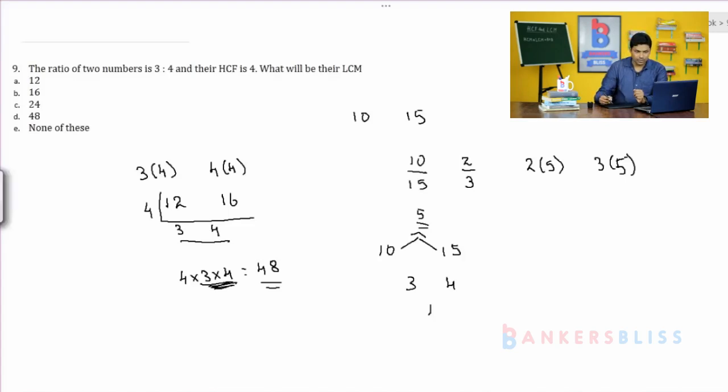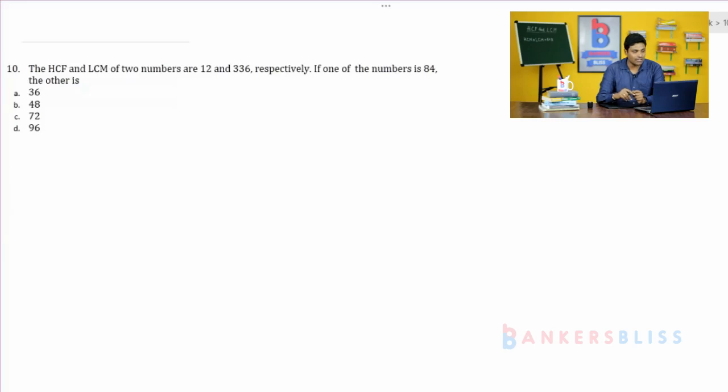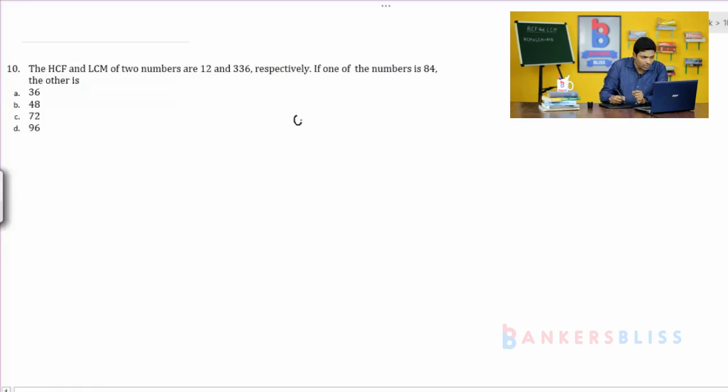Problem number 10. The HCF and LCM of two numbers are 12 and 336. If one of the numbers is 84, the other is. So, here they have given the HCF, the LCM as well as one of the numbers. We have to calculate the other number. In the introduction itself, we have discussed there is a relationship between the two numbers and their HCF and LCM. So, product of two numbers